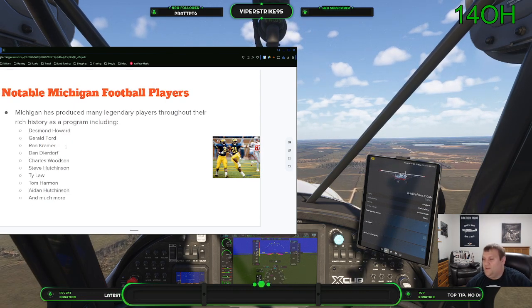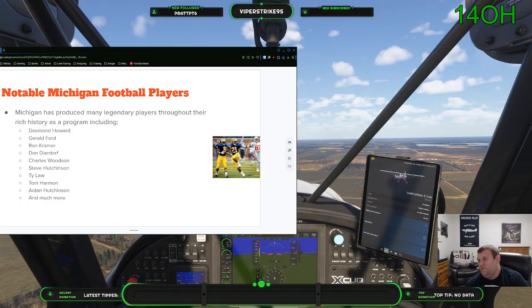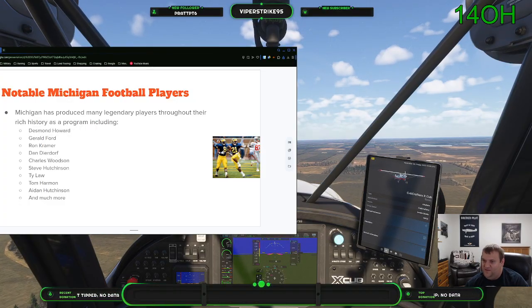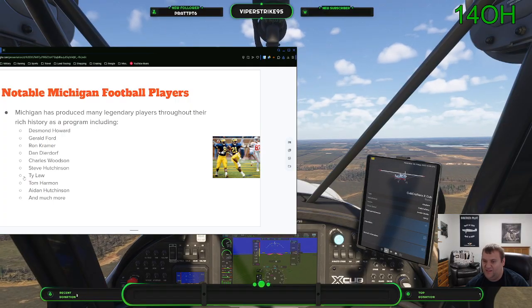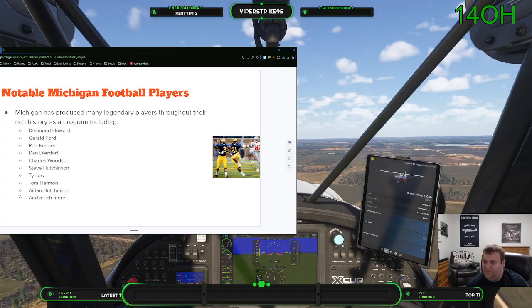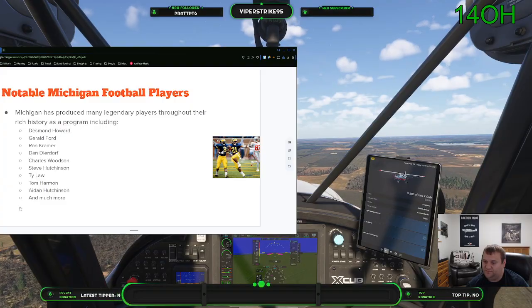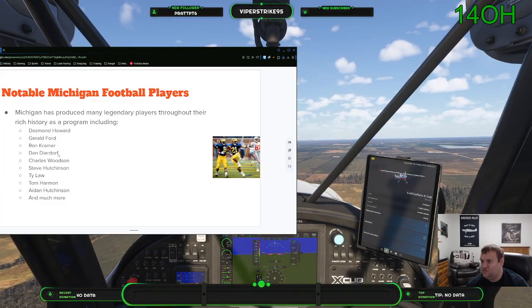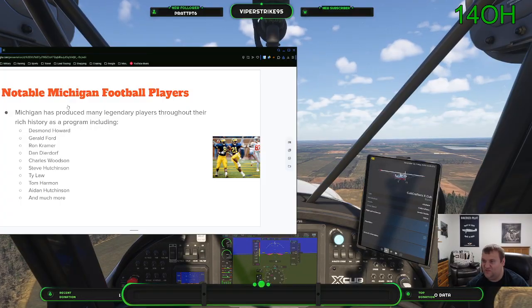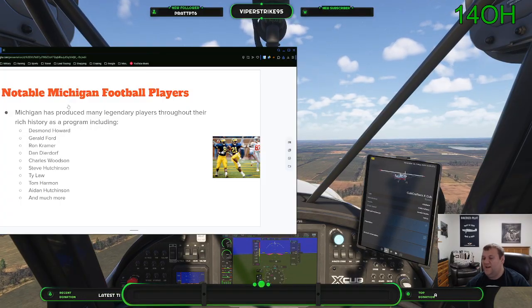Now let's talk about the last slide for today, and that is some of the legendary Michigan football players. Of course, Michigan, being the program they are, has had some legendary players. Their rich history, of course. The first player we have on our list, his name's literally in the picture, and the famous